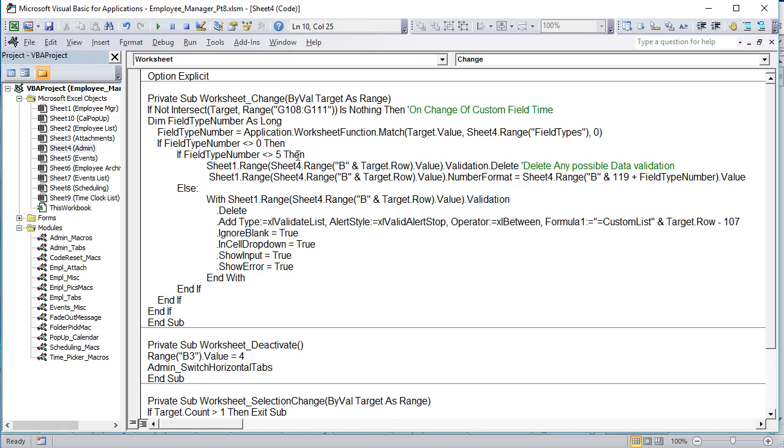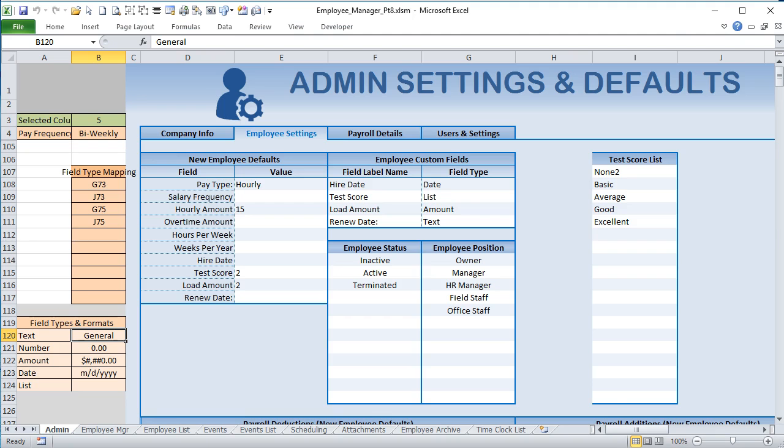If the field type number does not equal 5, 5 is a list, right? 5 is our last field. So for 5, we're not going to format it. Well, I guess we could format it as text, but we want to do something special, and we want to assign a range to it. Like, for example, if the second one is list, I want to assign this data range to